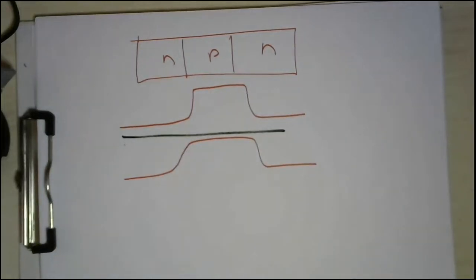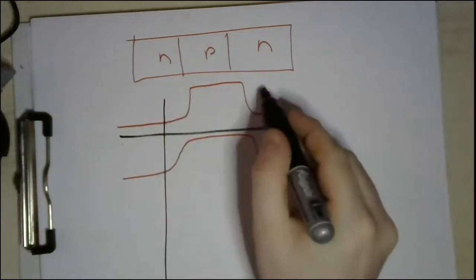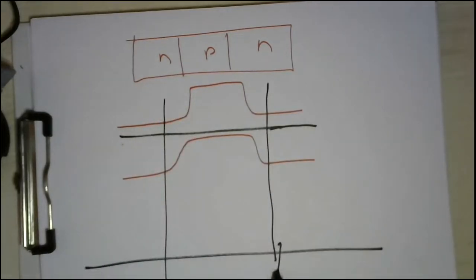So as you can see, this is an NPN junction. As usual, you know my sketching is not so good. Now, if I told you, please sketch the minority carrier concentration in these three regions, it will be a very easy task. So we have three sets of minority carrier concentration. This is an N region, so simply the minority carriers will be holes. So we have holes here,